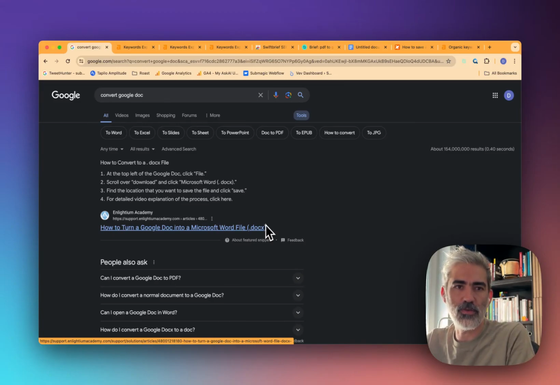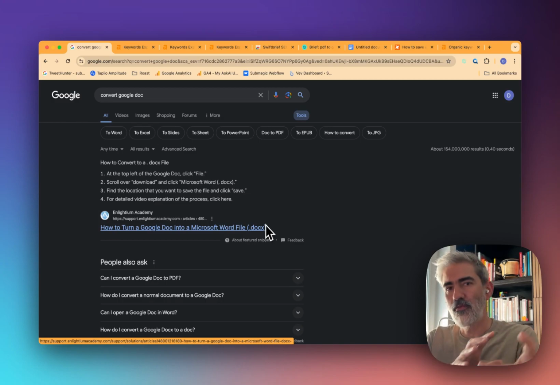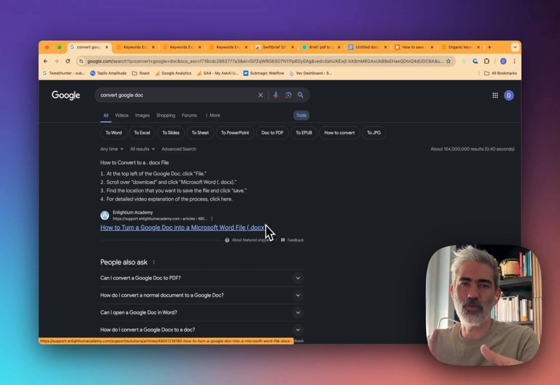So what we're going to do today is cover a little bit of keyword research and how to use that from keyword research to publishing. Okay, so we are going to go through basic Google keyword research and some Ahrefs keyword research, sorry,